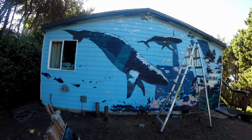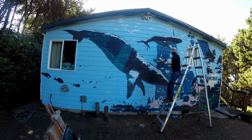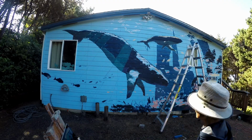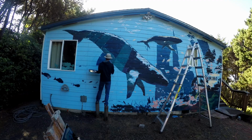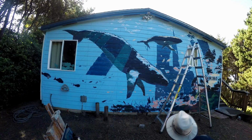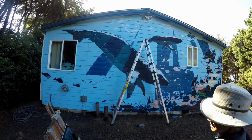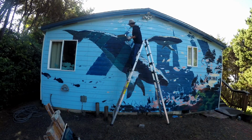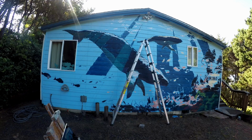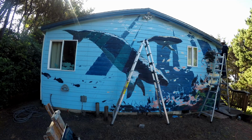When I put down a color, I have some other color next to it to judge whether it's the right value, the right color, the right temperature or intensity. So even at this stage, it starts to really give me a sense of the direction I want to go. And again, it just takes time. But by the time I get to this stage, things start to come together because now you're beginning to see